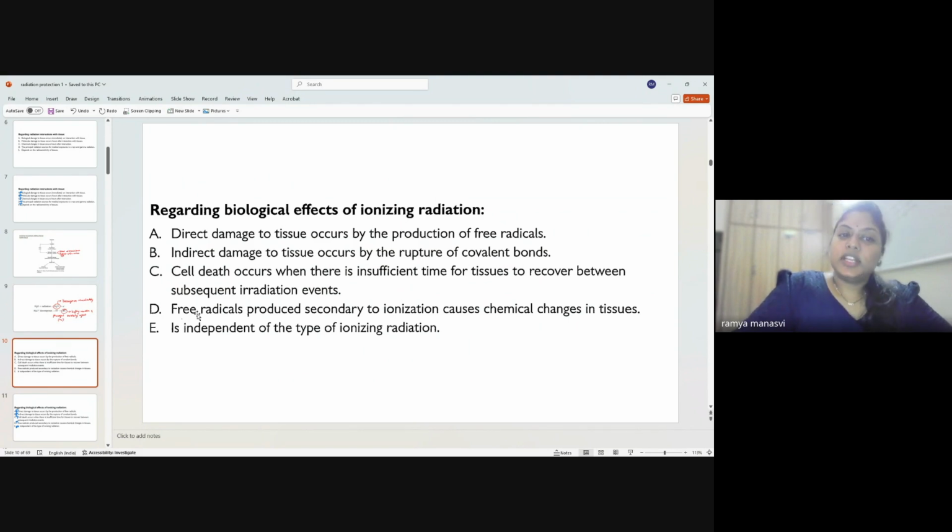Okay, so it is true. Free radicals produced secondary to ionization cause chemical changes in tissues and is independent of the type of ionizing radiation. No. Depending on whether it is X-rays or gamma rays or neutrons or alpha particles or beta emitters, the biological effects will differ